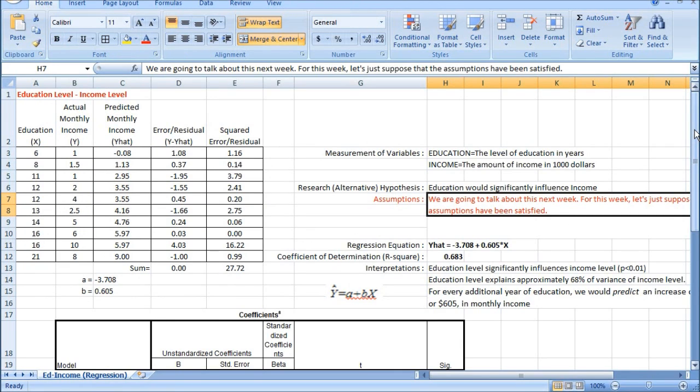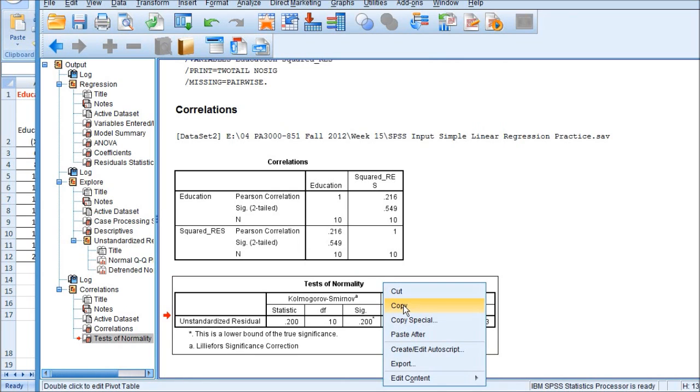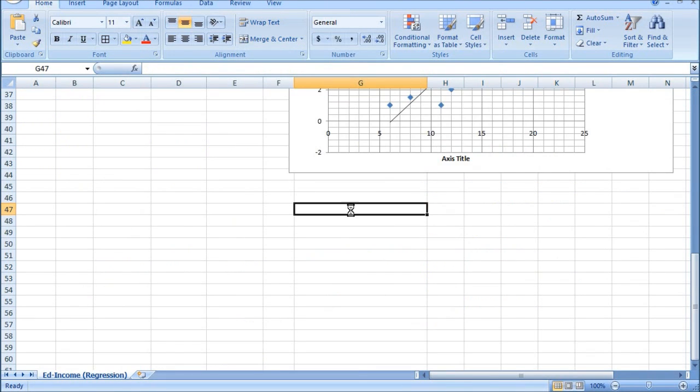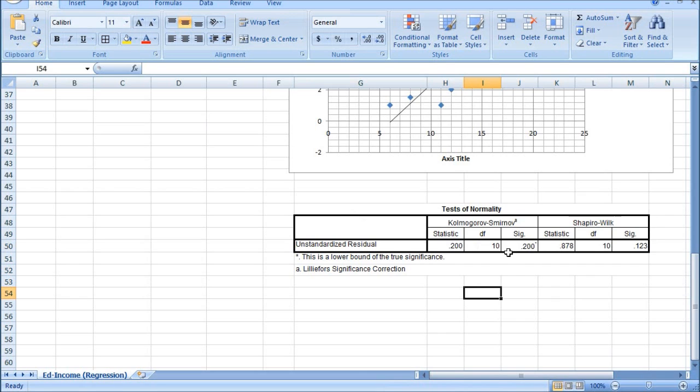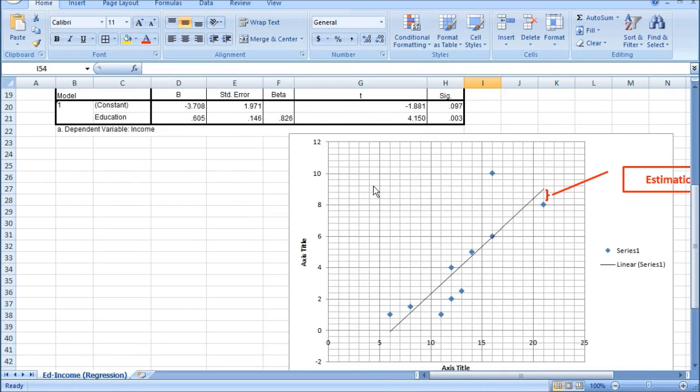Okay, assumptions. The first, the KS and SW test about normality of estimation errors. I'm going to put it like this. Copy this. Okay. And cite this p-value and this p-value here.